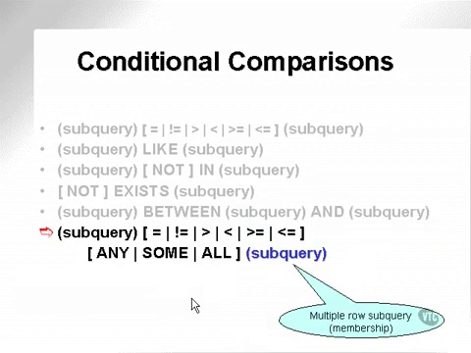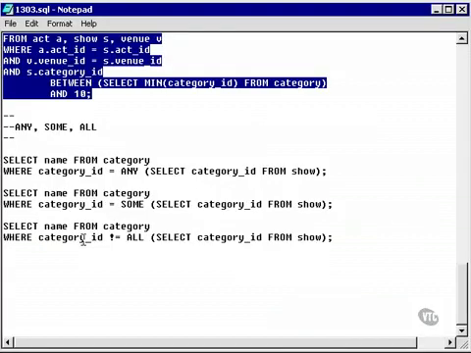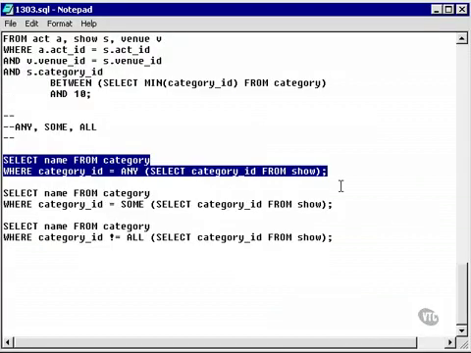Now let's look at any, some or all. The subquery on the right is allowed to have multiple rows. So it's again, as in and exists, it is membership. Any and some are actually the same thing. All it's saying is that the values on the left are equal to any of the values in here, or some of the values in here, which is the same thing. All is different, in that any and some implies a subset of the subquery on the right, whereas all implies every single value. In other words, every value on the left must be equal to all of every value on the right. So let's do 3 very simple examples,